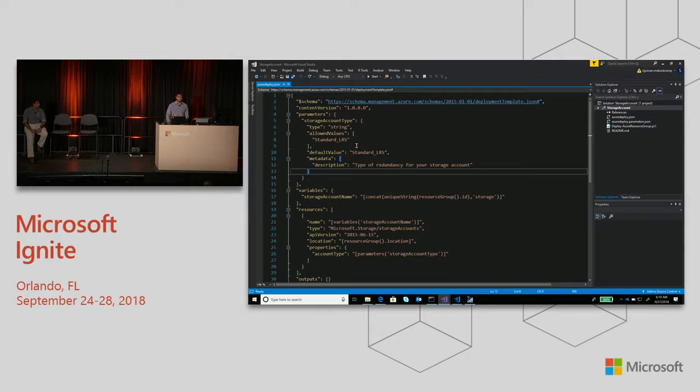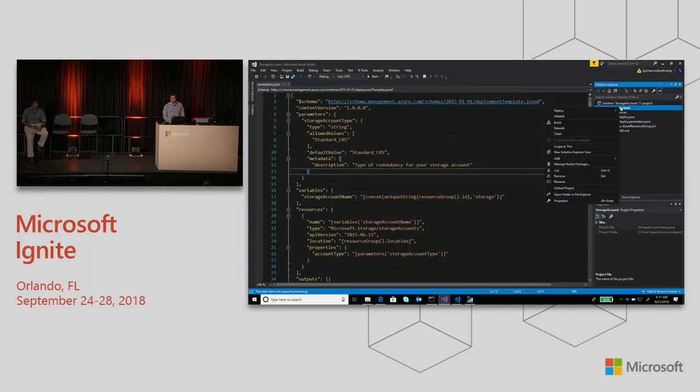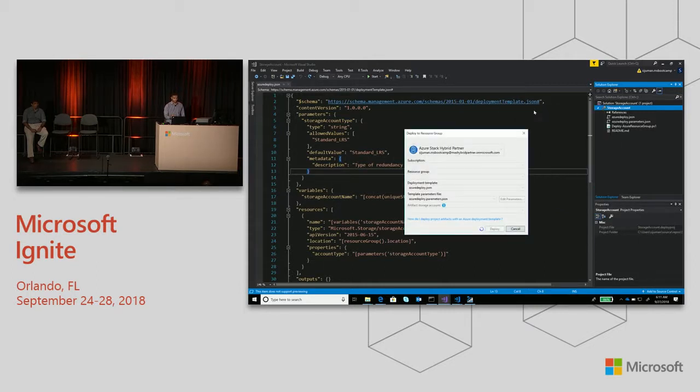Do I need to rewrite the entire code? And the answer really is no, you don't. For my application, as long as I logged into Visual Studio correctly, you can go to deploy, and I'm going to start with deploying it to Azure Stack because I'm going to use Azure Stack as my test environment or a pre-production environment just to make sure everything is working correctly.